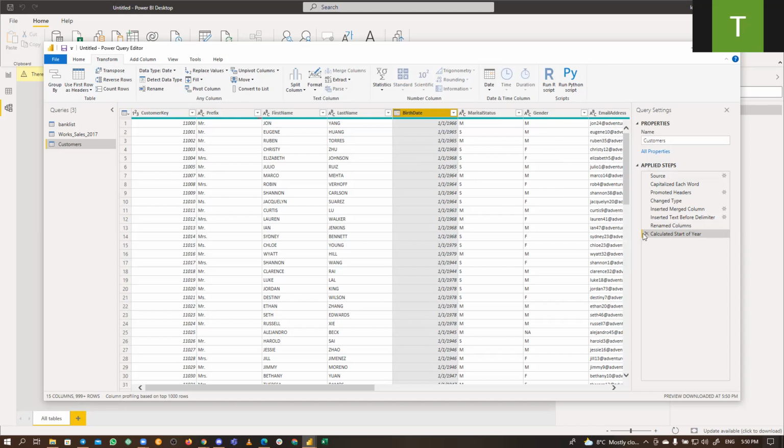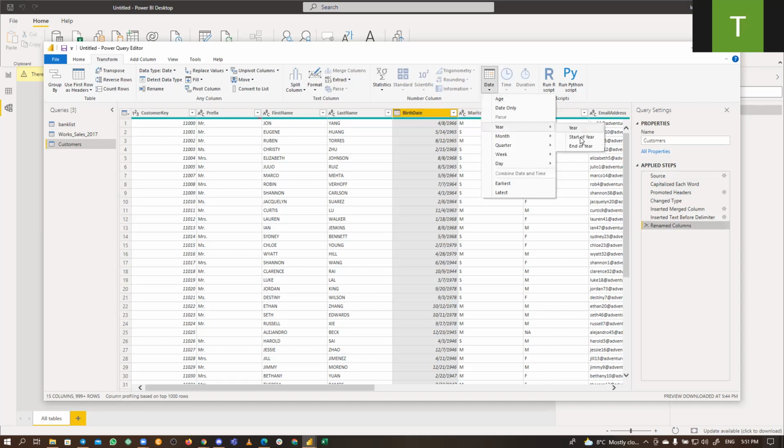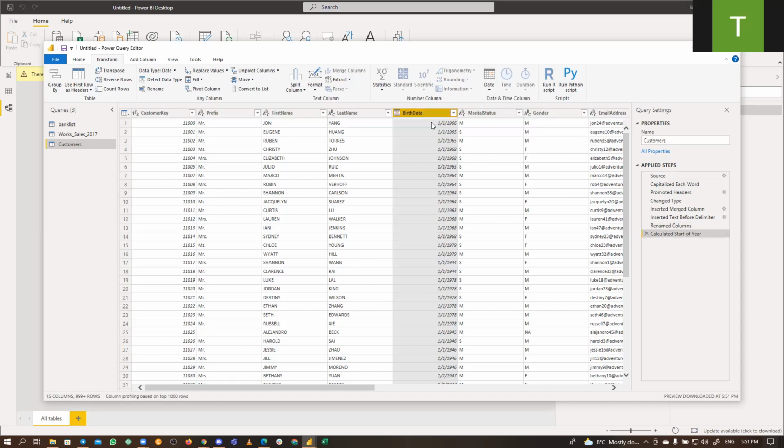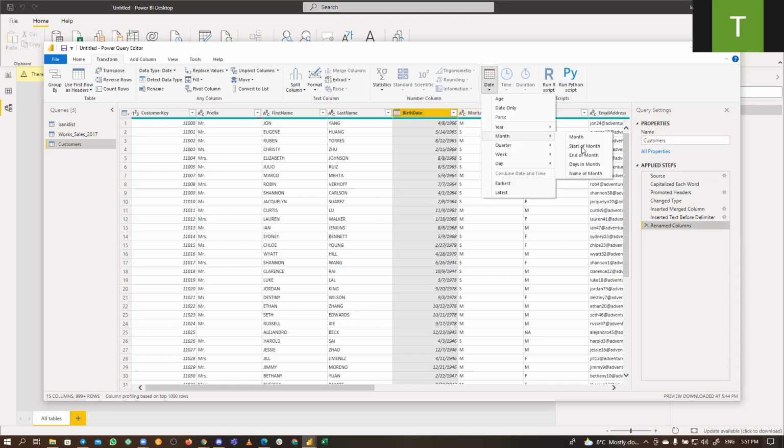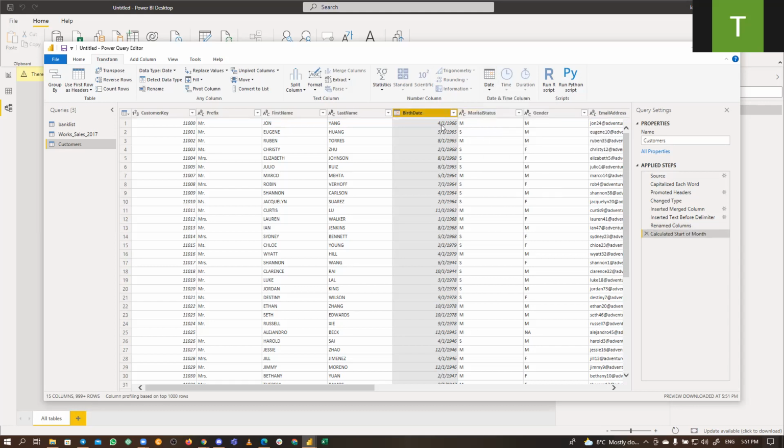If you look at what we have here, instead of 8th of April 1966, the moment I do this, it's going to transform that data to the start of the year. So you just have January 1, 1966. The year will still remain the same, but the dates will change to the start of the year. The same thing you can have for month as well, start of the month. Instead of 8th of April, it becomes 1st.